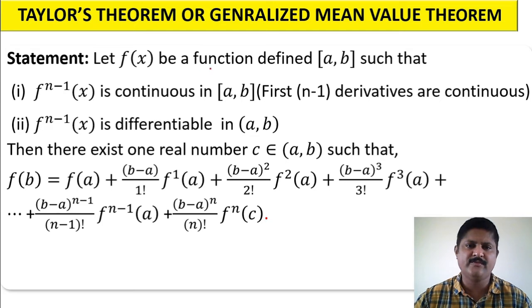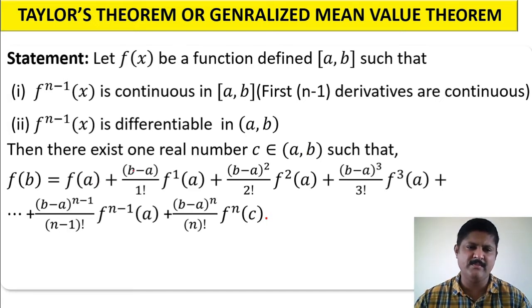Let f of x be a function defined on closed interval ab such that f^(n-1) of x is continuous in closed interval ab. That is, the first n minus 1th order derivatives are continuous in closed interval ab. f^(n-1) of x is differentiable in open interval ab. Then there exists one real number c belongs to open interval ab such that f of b equals to f